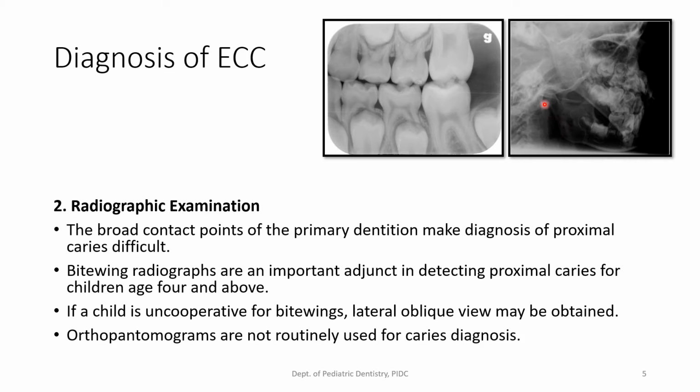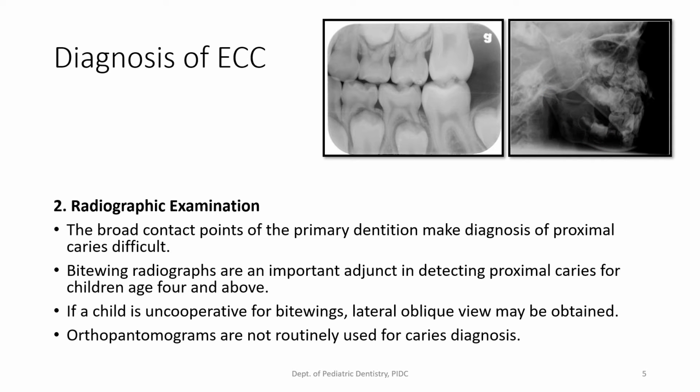All right. So you can use this extraoral radiographic technique if the child is unable to tolerate the intraoral films, maybe because of gag or maybe because the child is too young. So you can also go ahead and use an extraoral radiographic technique, which would be your lateral oblique, to view the teeth in question.